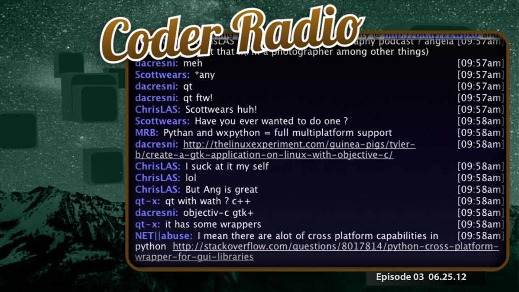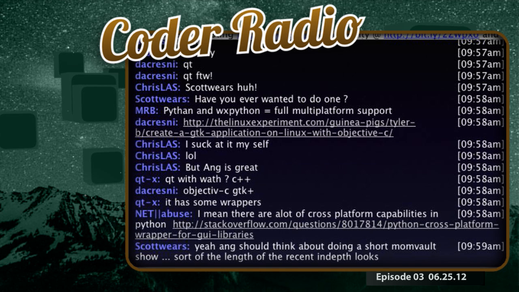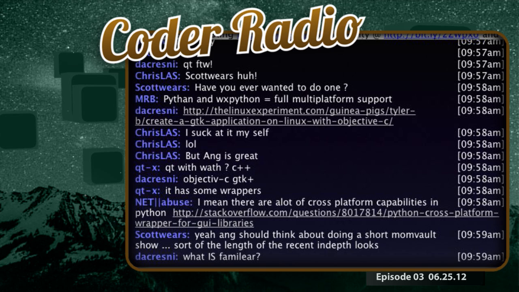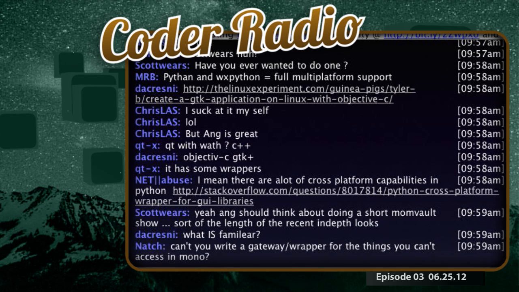I know the chat room is going crazy about Python. It is definitely a cross-platform language, but the problem is it's also unfamiliar to me, as is Ubuntu's Quickly implementation. So I did want to go with something a little more familiar. I mentioned Java, and I think it's obvious why I considered Java for some other platforms. What is familiar would be any C-like language.